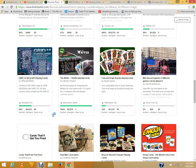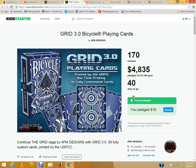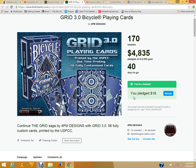I should mention this one for sure. Grid 3.0 bicycle playing cards from 4PM Designs. It's a little bit slow to fund. It launched yesterday and it's still only 40% funded, but 40 days remain. Pretty long project. It looks pretty awesome. I got no issues with 4PM Designs. They always get the product out. It's nice to see them